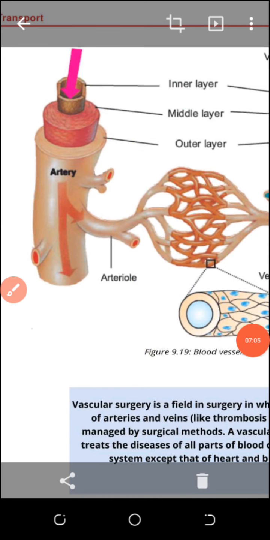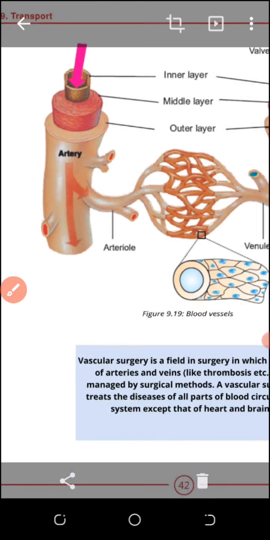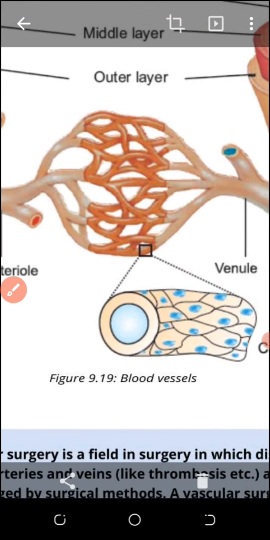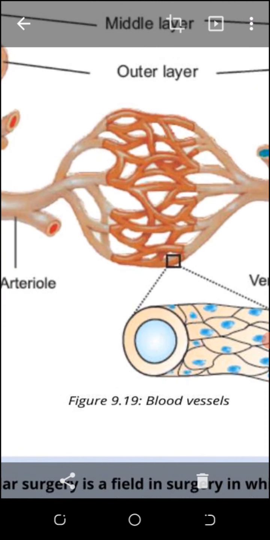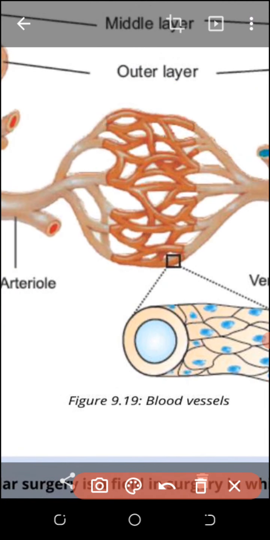As far as the capillary is concerned, several times I told you arteries go to arterioles, go to capillaries, the capillaries go to venules, go to veins, go to vena cava, go to the right atrium. We discuss this flowing sequence of blood vessels a lot, but here I will tell you capillaries are the smallest blood vessels, and these are the blood vessels which have small pores through which blood, food particles and oxygen come out.